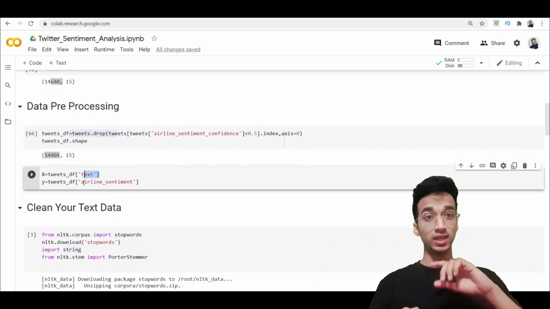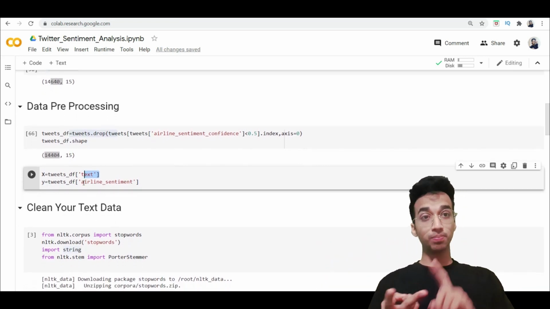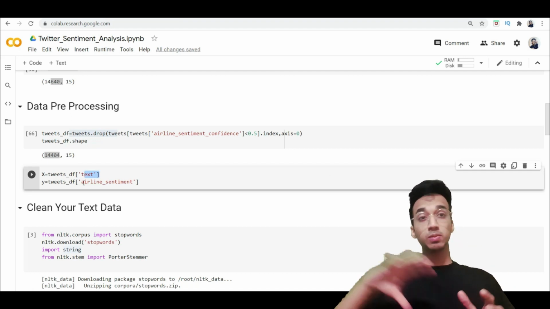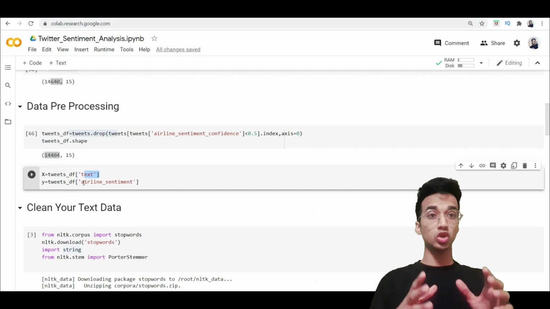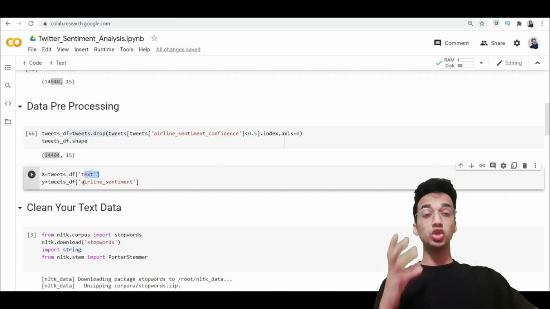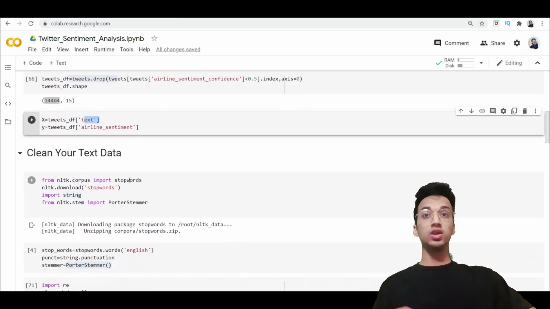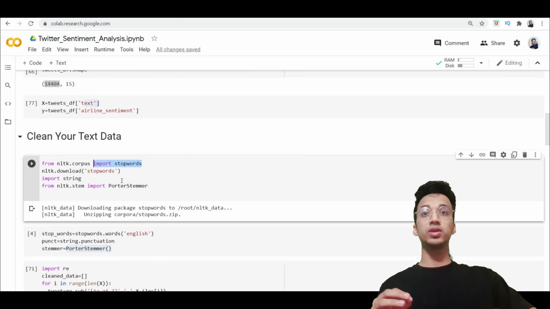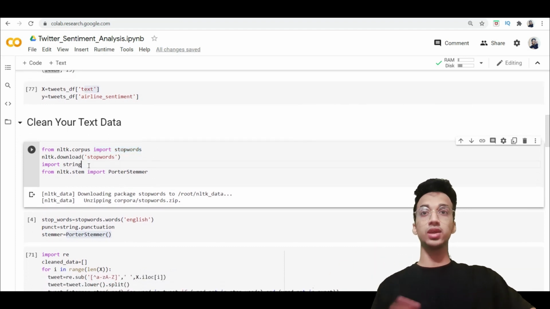We have talked about techniques like removing stop words, removing punctuation marks, using stemming and lemmatization. So I've discussed these separately in my previous videos. Watch that first if you're not sure about that. So I'm simply going to show you how to implement them. So first step is from nltk.corpus import stopwords. And we're also going to be importing a module called string, and we're going to be importing PorterStemmer.